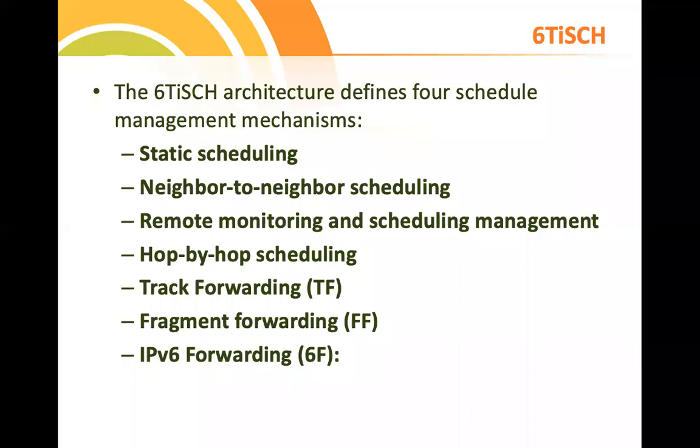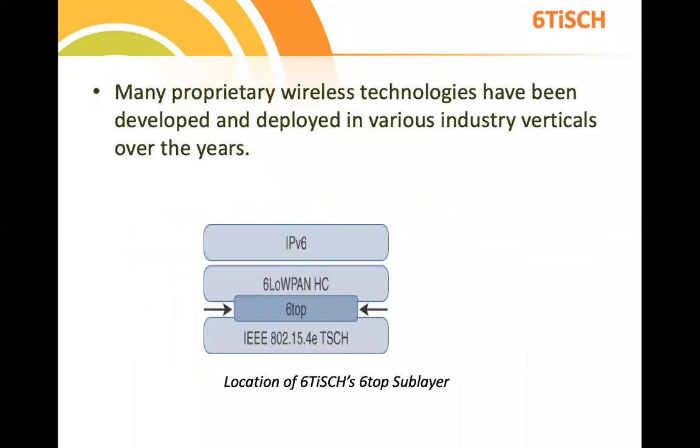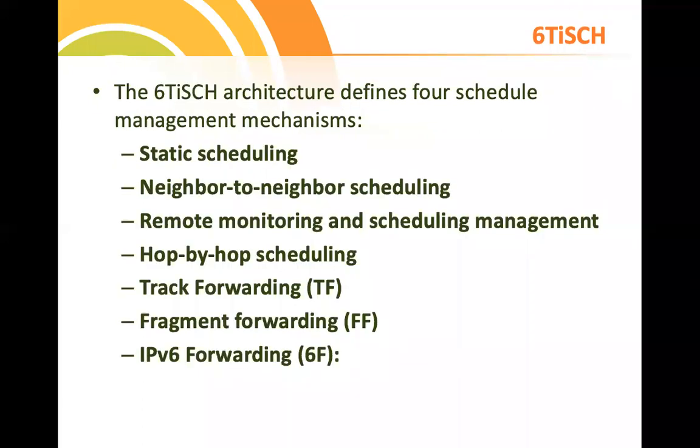Yesterday, we stopped by discussing the six-stage architecture, and we have seen different management techniques with that particular architecture. So, the diagram we visited, starting from the physical layer 802.15.4, that is the basic level or physical layer. On top of that, we have the adaptation layer, then the wireless personal area network, and then it is connected to IPv6. Then we discussed static scheduling. We discussed different examples for the same,